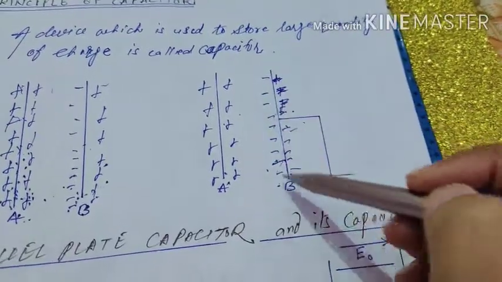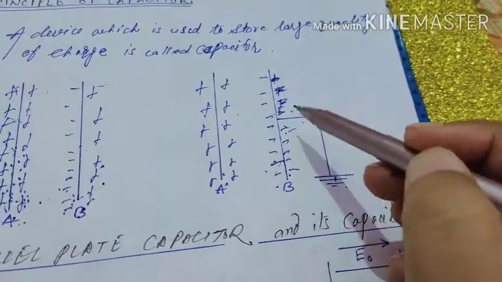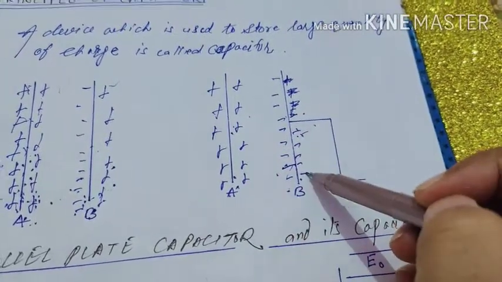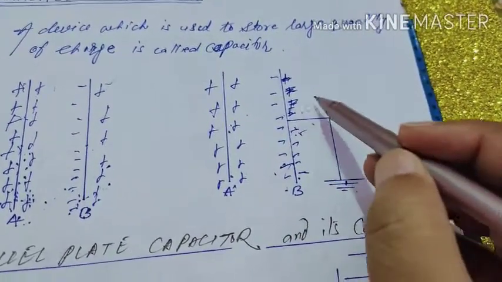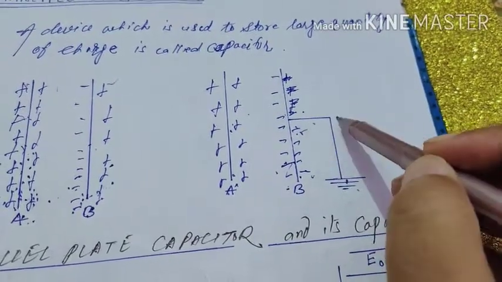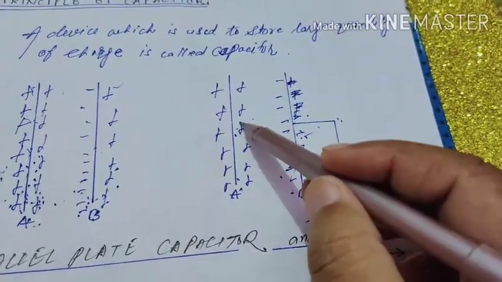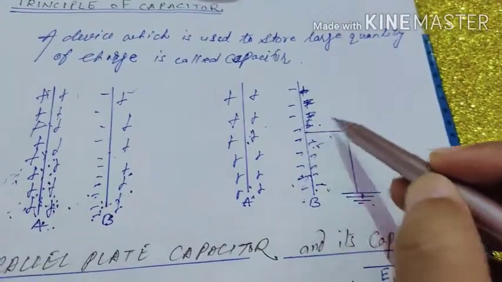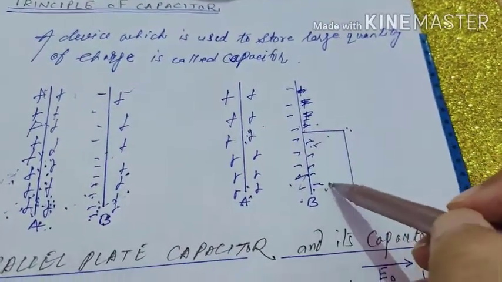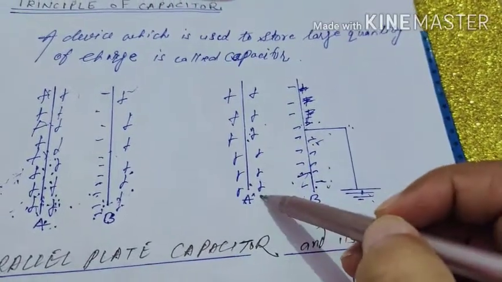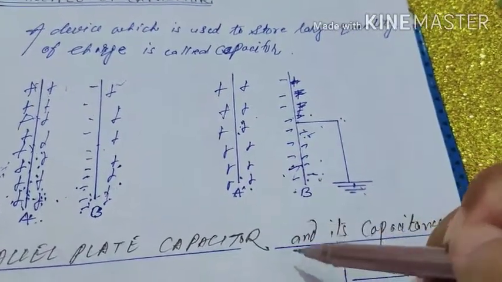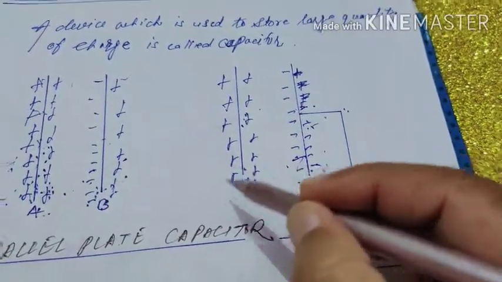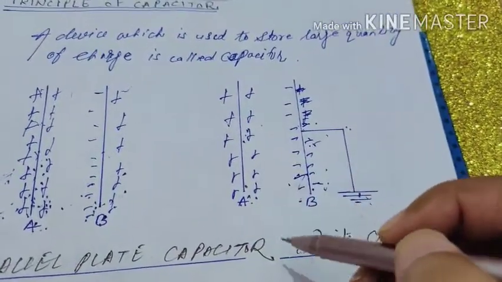Now as here most of the charge is negative, and negative charge reduces the potential of A, I can simply say that the amount of positive charge that was on plate B was increasing the potential of plate A. But now as there is no positive charge, only negative charge is there, so the potential of A is largely reduced, due to which more and more charge can be given to plate A.